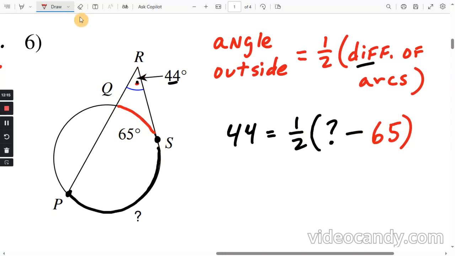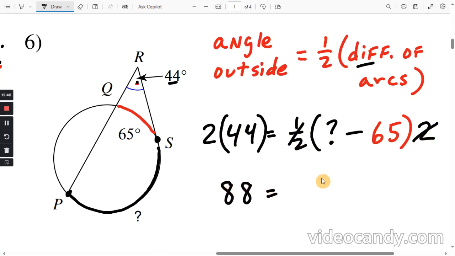All right, and now we have a 1/2. How do you get rid of 1/2? What's the opposite of times 1/2? Well, that's times 2. So I'm going to do times 2 on this side, and I'm going to do times 2 on this side. You want to do times 2 on both sides of the equal sign. All right, 2 times 1/2 cancels because 2 divided by 2 is just 1. And 2 times 44 is 88. And that's going to equal question mark